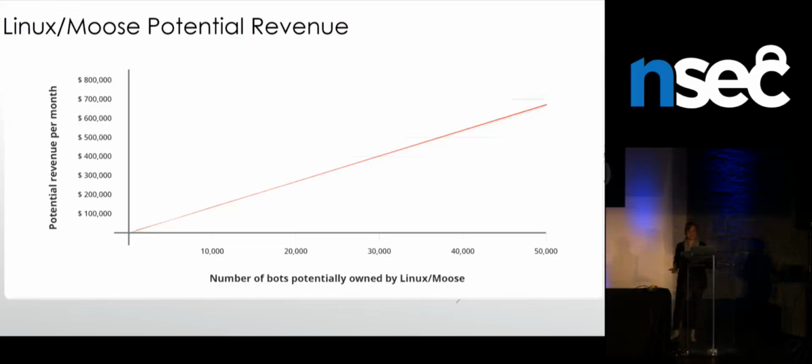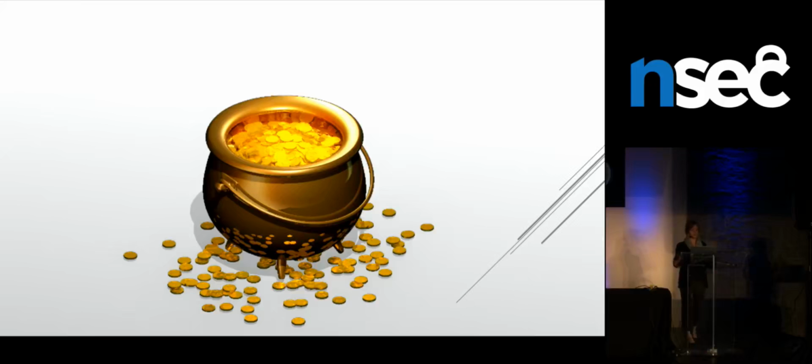Now, we have some evidence that there's revenue sharing among the actors, because we found that the websites selling the service were related to a reseller platform and then to the operators. So we're pretty sure they're sharing revenue, and we're trying to assess how much the operators are actually making from that botnet. But one thing that's sure is that they're sitting on a pot of gold. There's lots of money to be made from fake online activity, which is probably a result of our society today.